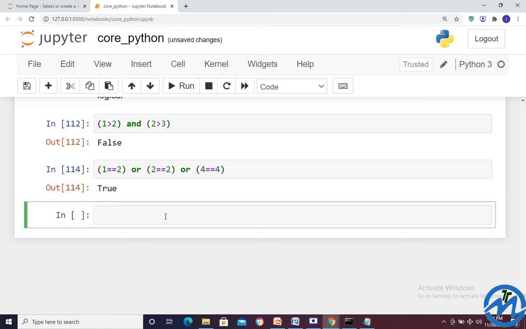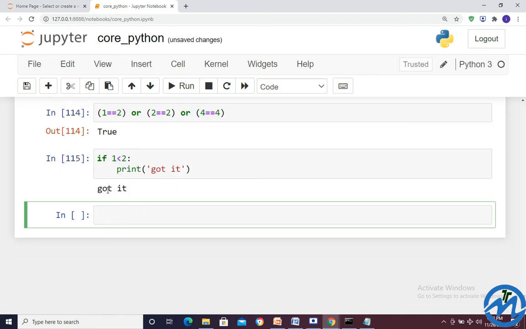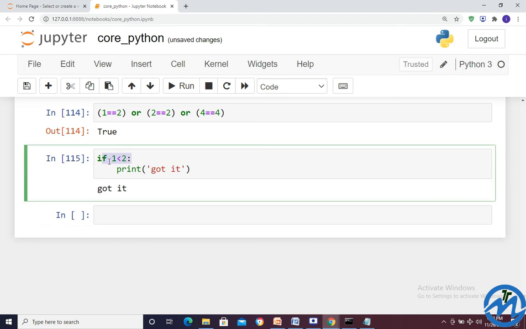Next we have if else statement. How we can write the if else statement? Suppose if 1, 2 body, got it. It's following, got it. Right?